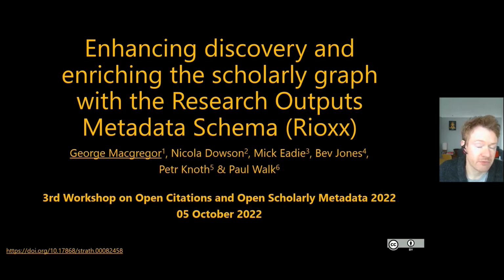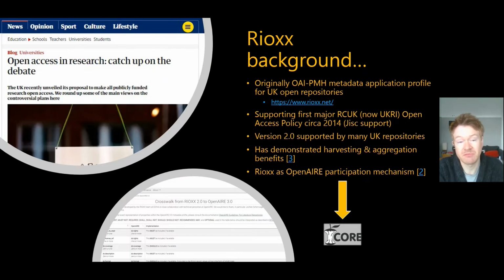I realise though that not everyone will know what Rioxx is, so a quick bit of background. It was originally an OAI-PMH metadata application profile for UK repositories, and it was created to support the first major UK open access policy almost 10 years ago. The schema was also supported a little bit by JISC, who supported the technical rollout of the schema to many repositories. Version 2 of the schema is supported by many UK repositories and has demonstrated particular harvesting and aggregation benefits